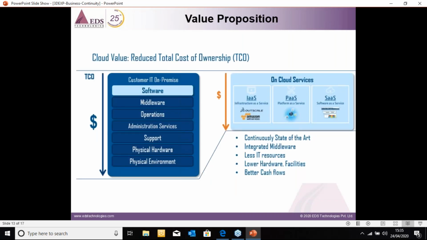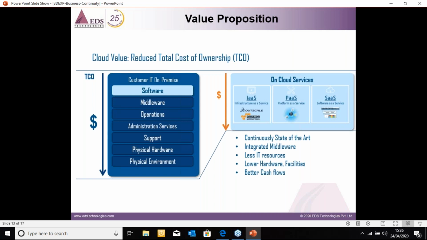So what is the total value proposition that I would like to bring to the table? It's the total cost of ownership. Typically, at this point of time, when everything is at a standstill, when the business is in a dilemma, when the business is in a challenge, and there is a crunch in investing, this is the value proposition that I would like to bring to your table, where the total cost of ownership in terms of infrastructure, solution, application, and licenses is very, very negligible.